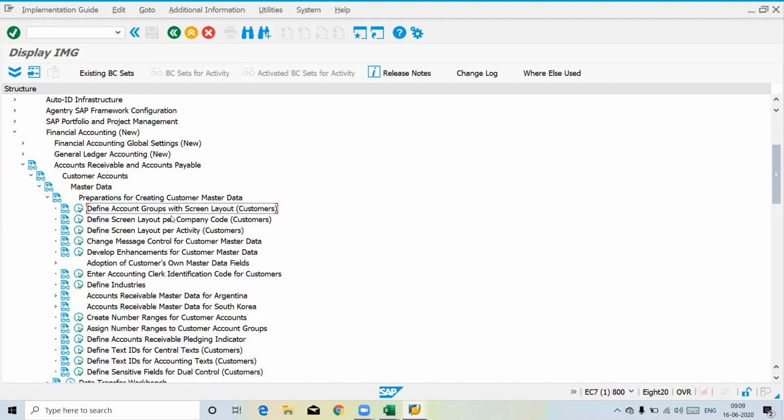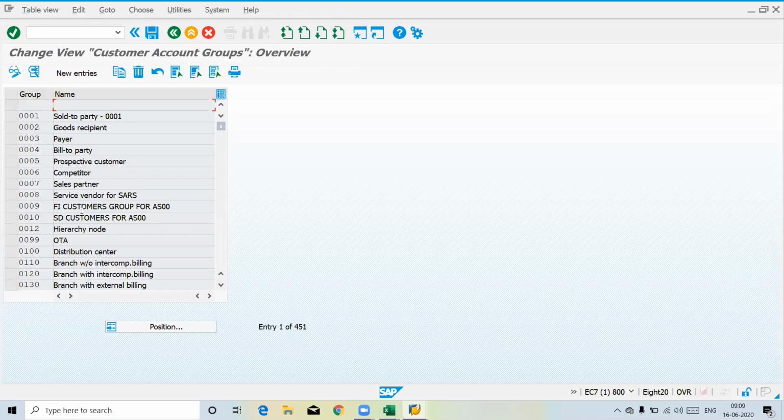Here two ways will be there. Define account groups with screen layout, which is as per company code. Generally we go by this, for creating.